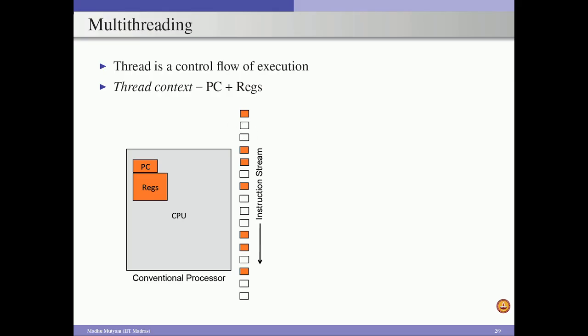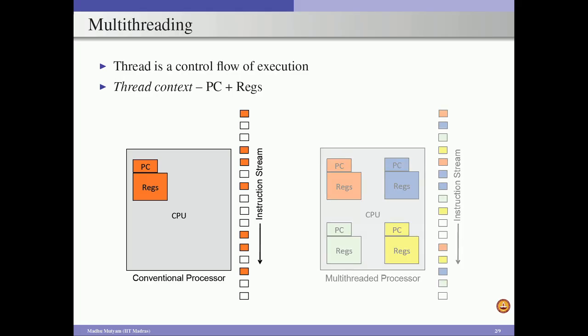So, we are not able to utilize these underutilized functional units. In order to make use of them, we have to go for a system that is supporting multi-threading. When we consider a system supporting multi-threading, we have a single processor, but this processor now has support for 4 hardware threads or thread contexts. Each hardware thread has an associated PC and architectural register file. Of course, we know that a processor is not just a collection of the PC and the architectural register file. There are several other resources associated with the CPU.